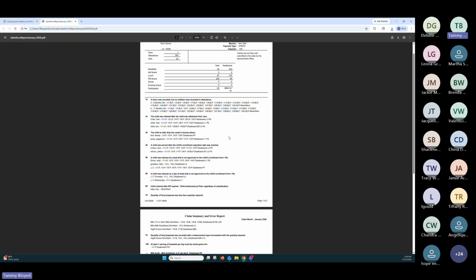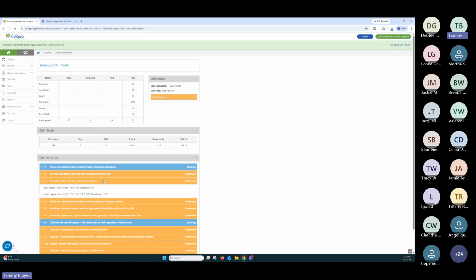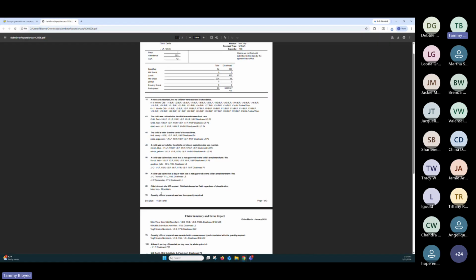I also want to break down how to actually read the claim error. So we're going to focus on this one. The child claimed after the child was withdrawn. It tells you the name of the child that's affected, what days the child was claimed, and for what meals. So that's what this is. This is January 1st, lunch and PM snack. It lists everything that's relevant. So if you can understand the error but can't find where it's getting it from, it's going to be in this extended version, which you can get by either clicking on here or you can print that report and just keep it handy. So it'll list the name of the child, the date, and the meals. And the meals are abbreviated with the LPs and the Bs for breakfast.